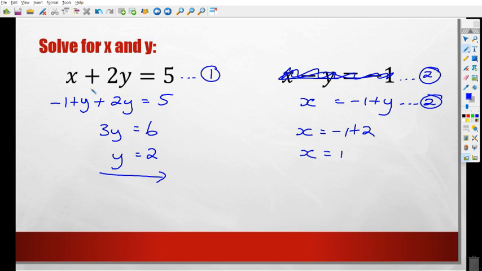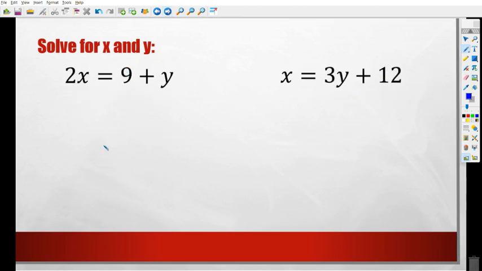Simple things, easy peasy. Let's look at this now. Solve for x and y. Again, I'm looking for the singular. Oh, fantastic, look at equation 2 here. Equation 1 and equation 2. Here they gave me x. I don't have to make the subject of anything, they gave it to me. So I can just substitute. Here I've got 2 times x is equal to